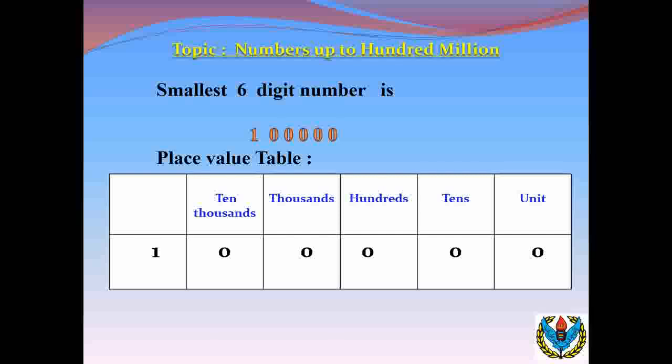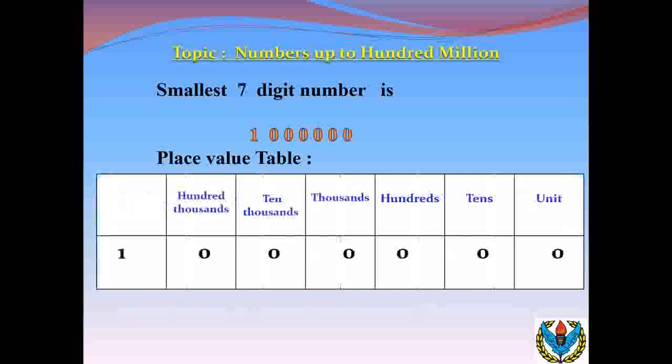Now we will study 6-digit numbers. The smallest 6-digit number is 1 with 5 zeros with it. When we put it in a place value table, we see that the digit at the extreme right has the place value of unit and the next digit has the place value of tens, then hundreds, then thousands, then 10,000 and then 100,000. So the 6-digit number goes from units to 100,000. So the smallest 6-digit number is